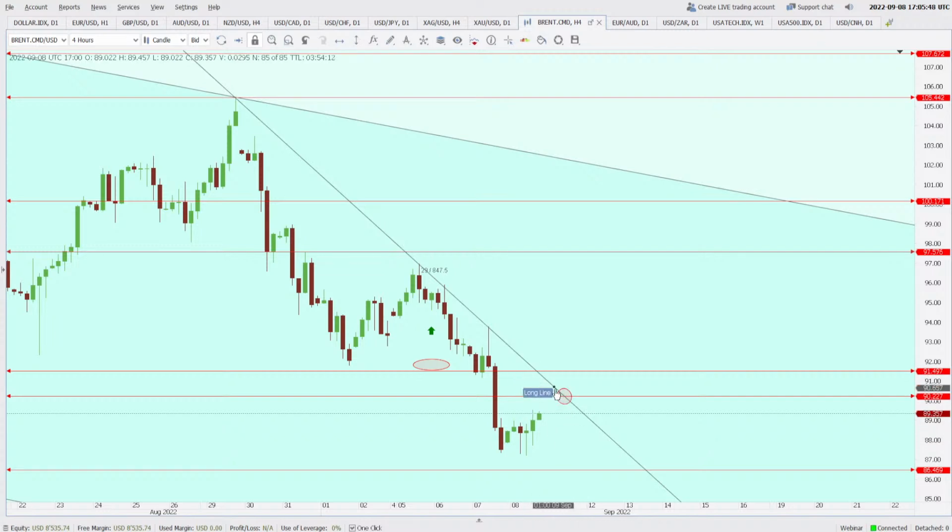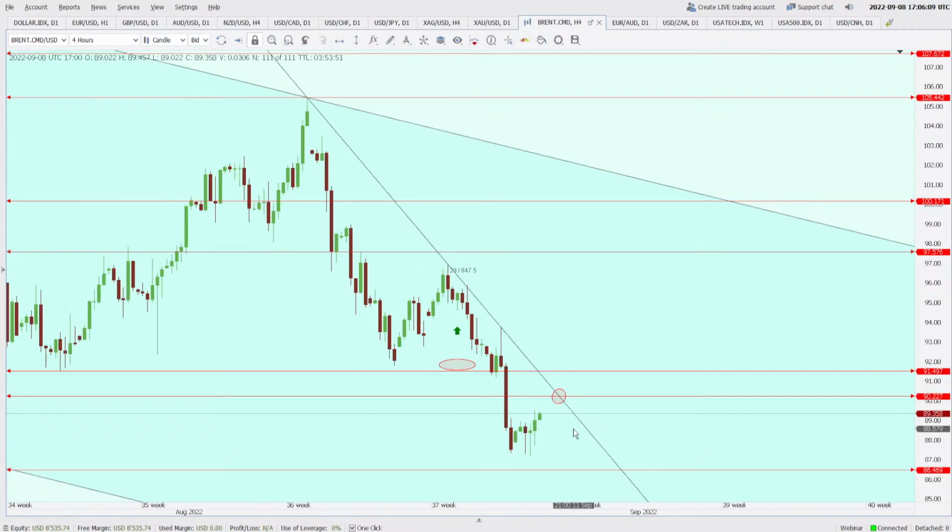So this trend line and this horizontal line, now this horizontal line is an area of support. It has been breached. That means now it becomes an area of resistance. This is another area of resistance. If there are two reasons for us to open the short position, don't you think that we can take that risk? We can short our positions near 91.22 and keep our stop loss higher than 91.49.